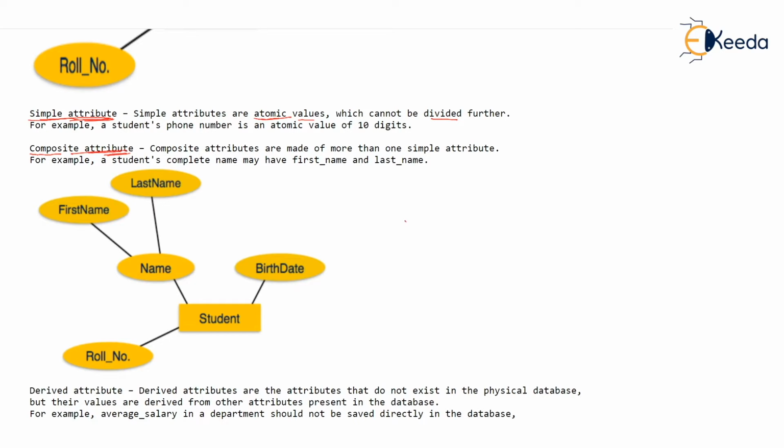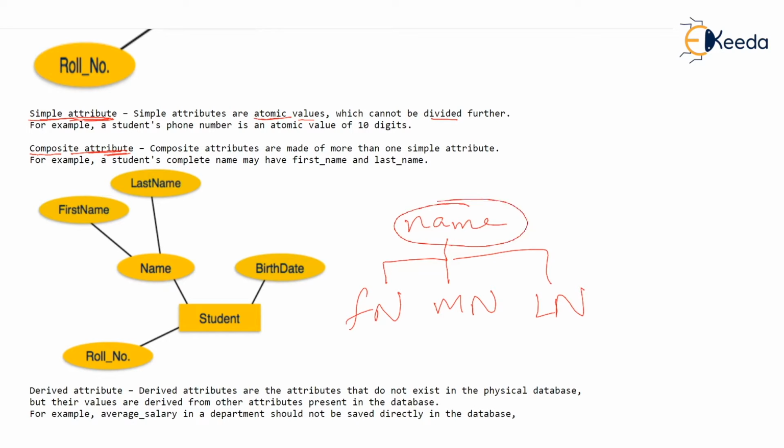For example, name of a person is actually made up of three things. First name of the person, like Samir, middle name of the person, like Yashwant, and last name of the person called Velankar. So actually name is an attribute, but name is comprised of three attributes, isn't it? First name, middle name, last name.